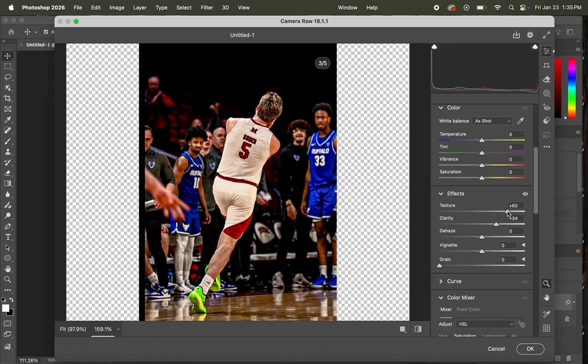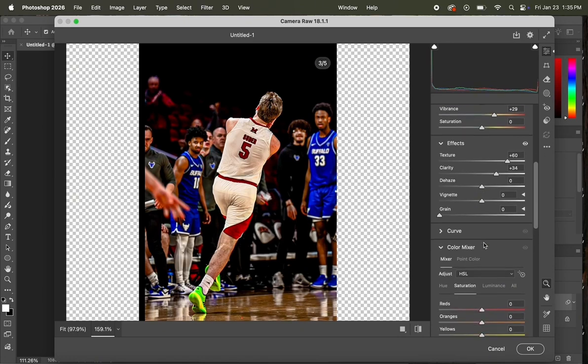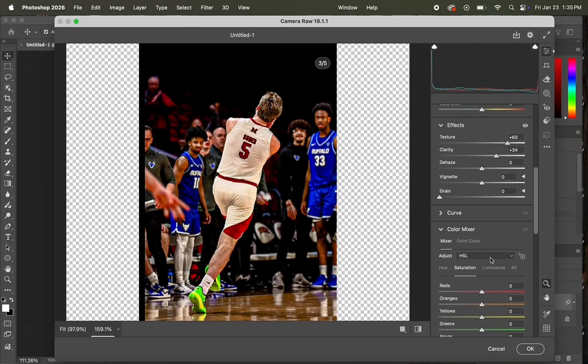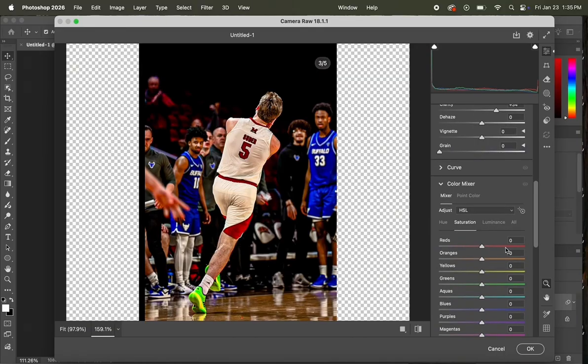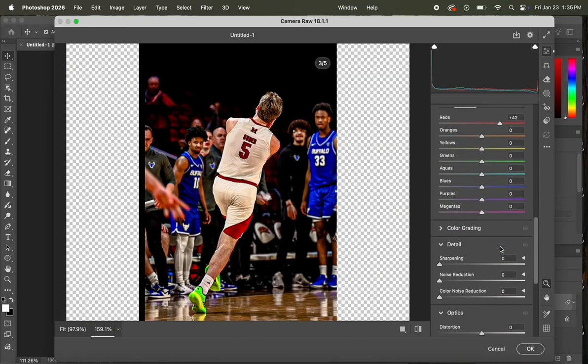I don't always keep these Camera Raw Filter settings either. Sometimes I just want to really make the image pop more, like this one, and then I'll take the Camera Raw Filter off after I go over to the selection tool and select and mask the player. The main reason that I'm doing the Camera Raw Filter first is so that whenever I go over